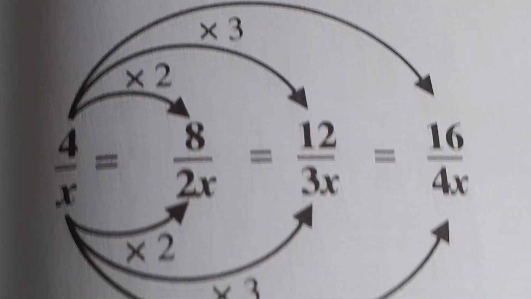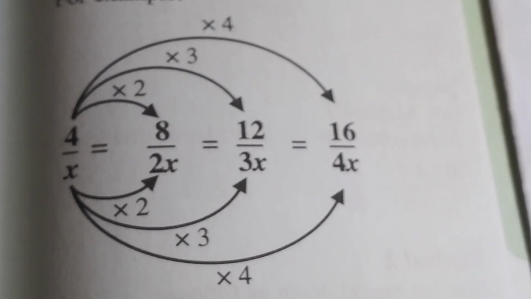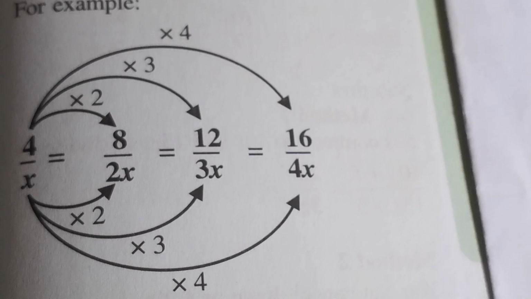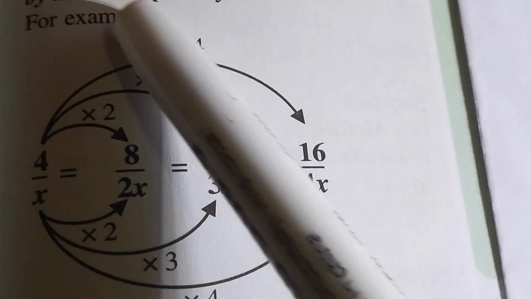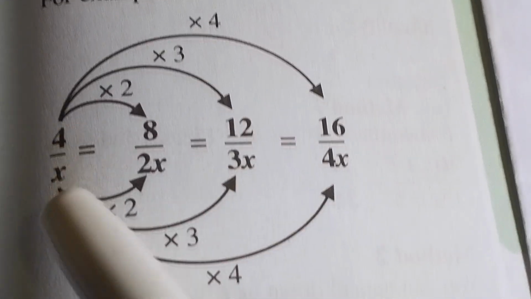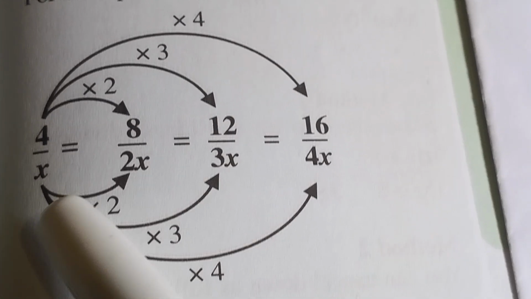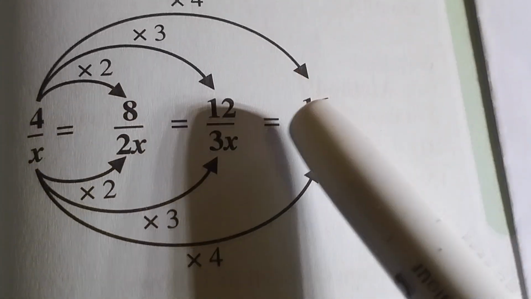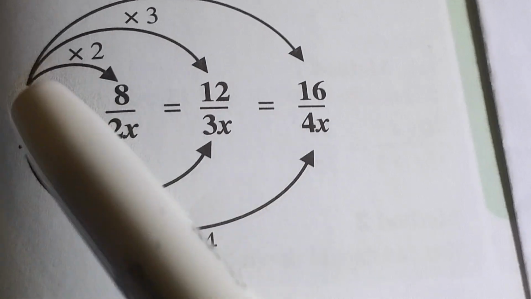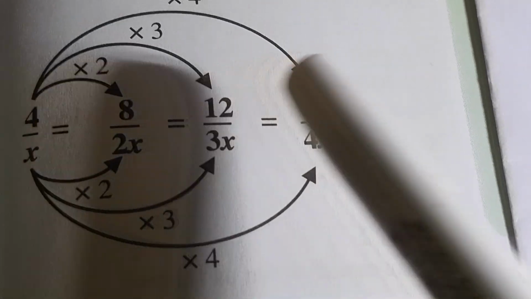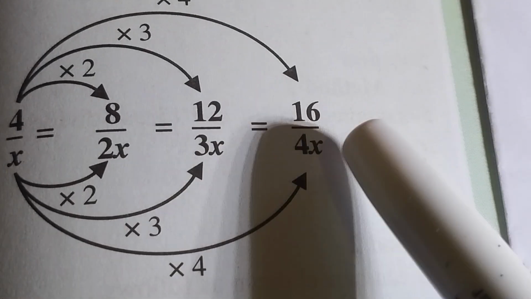Now let's look at this picture. Before I start explaining them, I'm explaining the values. So you see, for example, this is 4 over x, which is an algebraic fraction. Now, this fraction can rise if you multiply it by the same value up and the same value down. It will continue to rise